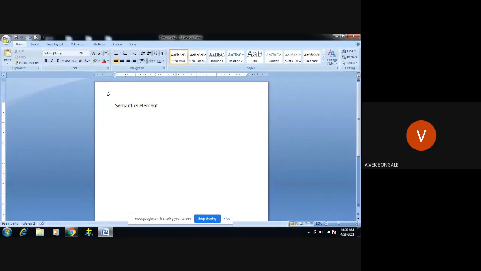For example, non-semantic elements like XHTML, then HTML. Some of the tags are not there in the semantic element. For example, division. Okay, division element is not a semantic element. So what will they do? They use that non-semantic tag in the semantic element. Okay, then what is the difference between semantic element and non-semantic element? I will just do the description.